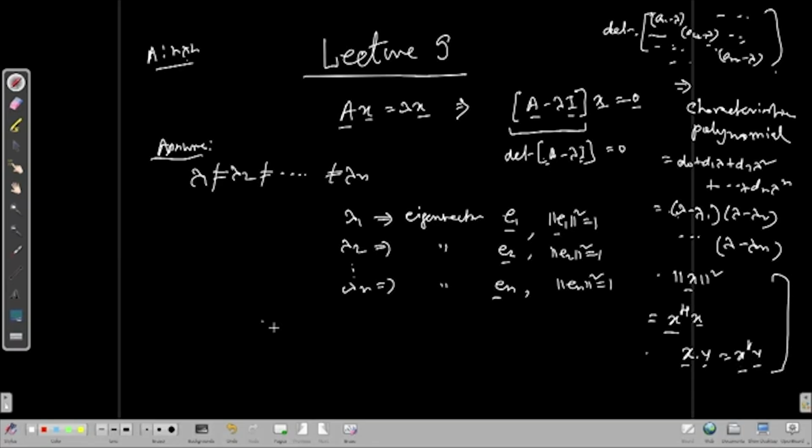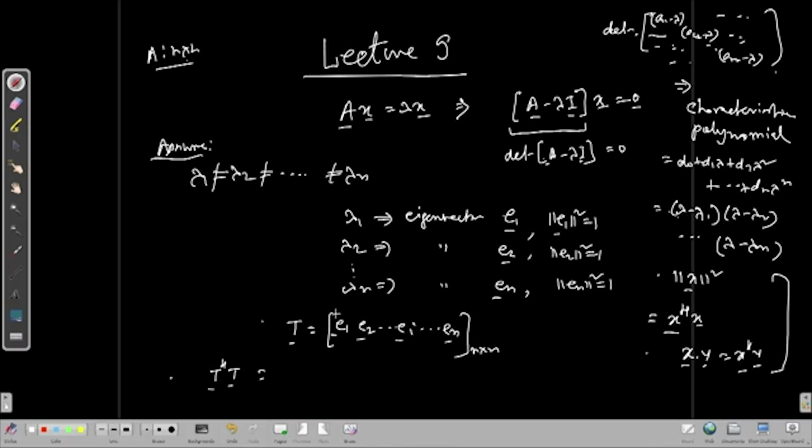So, suppose I form a matrix T by putting the eigenvectors side by side: E1 as the first column, E2 as the second column, and so on, Ei as the ith column, En as the nth column. All right. So, there are n vectors, and every one is of length n cross 1, because the matrix is n cross n. So the eigenvectors are of length n, and the total number is n, so it is an n cross n square matrix. This matrix has a beautiful property. If I do T H T,